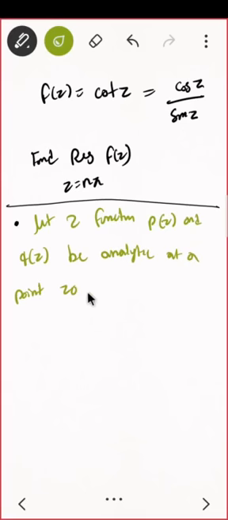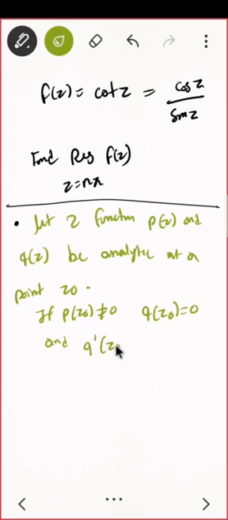If P of z naught is non-zero and Q of z naught is 0, that means indirectly they want to say z naught is a pole, and Q dash of z naught is also non-zero. That means we are talking about simple pole. Then z naught is a simple pole